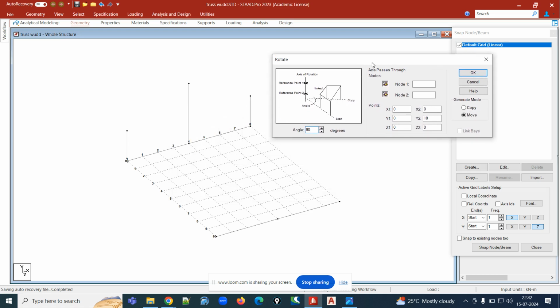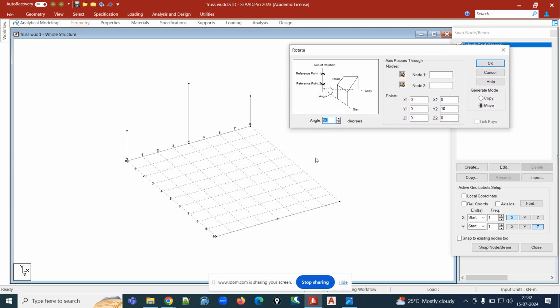Once you click on Generate Rotate, you have to specify the angle at which it has to rotate. As it is with respect to horizontal, I have to rotate this at an angle of 30 degrees. I'm giving minus 30 to check whether clockwise is minus or anti-clockwise is minus. So I have given minus 30 here. Now click on node 1 and select your first node, that is the member node which you want to rotate, and click on node 2 here, and now select your dummy node, and let us click on OK. Once you click on OK,